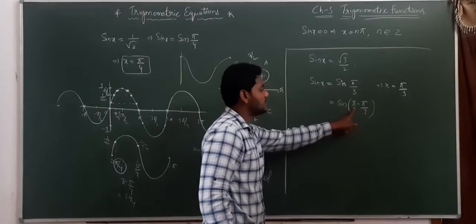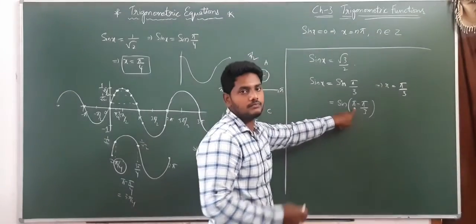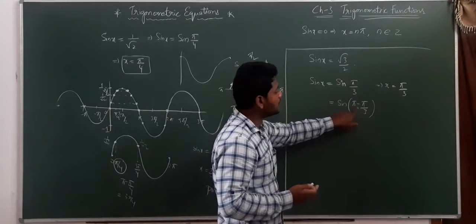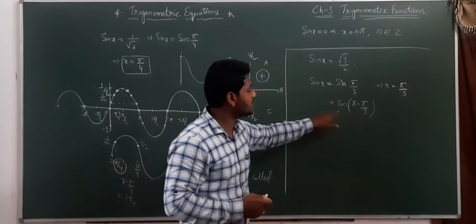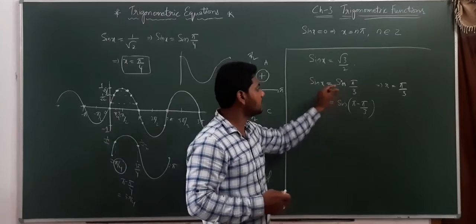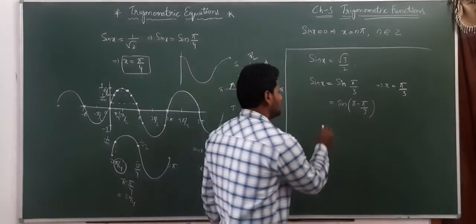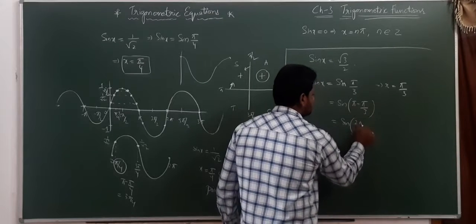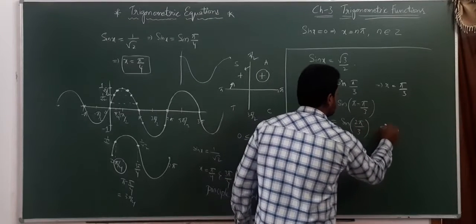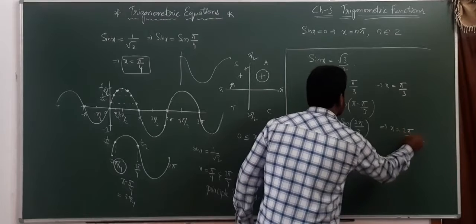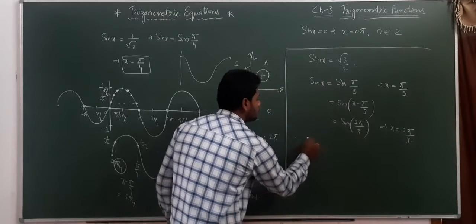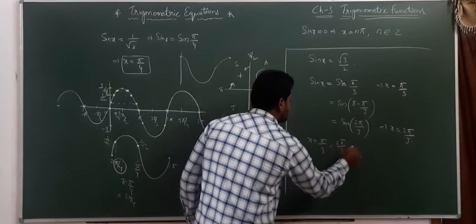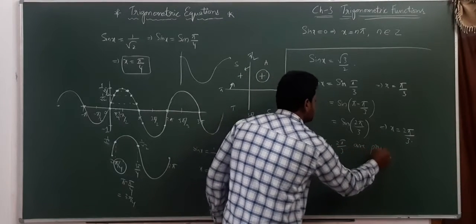If you observe this, pi minus means an even angle. An even angle means the function won't change. Again, pi minus means second quadrant, where sin is positive only. So sin pi by 3 we can also write as sin(pi minus pi by 3), which gives sin of 3 pi minus pi, that is 2 pi by 3. That means here the x value is equal to 2 pi by 3. Therefore, x equal to pi by 3, 2 pi by 3 are the principal solutions.